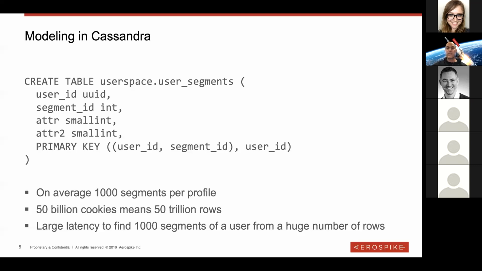So what they had to do was go at it from a different angle, like perpendicular. When a new campaign was being targeted, and that campaign targets, let's say, 50 segments, they would have to warm up all the users that have those 50 segments from Cassandra into their front end database, which happened to be Aerospike.